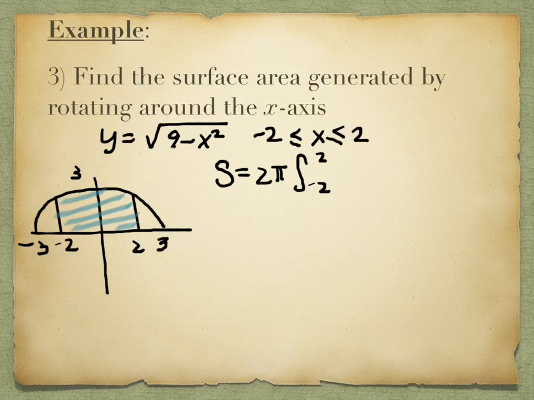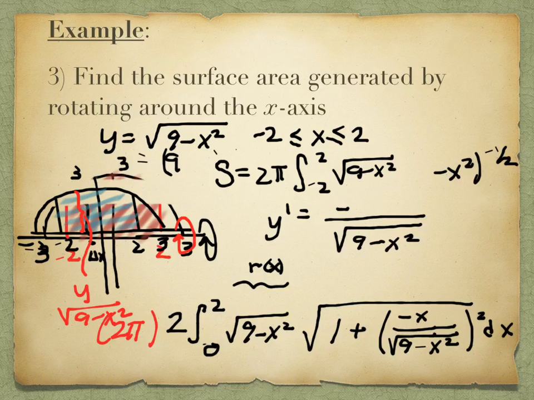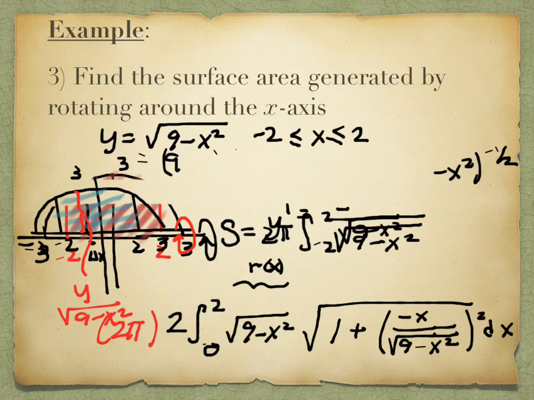Now, our radius is actually the length from the axis of revolution, which it said was my x-axis, up to the curve, and that of course is simply the distance y. And y is the square root of 9 minus x squared. So my equation starts out with the square root of 9 minus x squared. Then I'm supposed to use the derivative of this. And we haven't taken that derivative formula yet, so let me actually move what I'm working with down a bit. And then we will get to